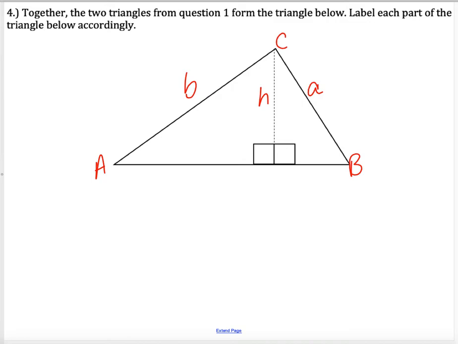Any non-right triangle can have an altitude dropped in, and we can use the ideas from law of sines. We can solve for side A, B, or C, or angles,